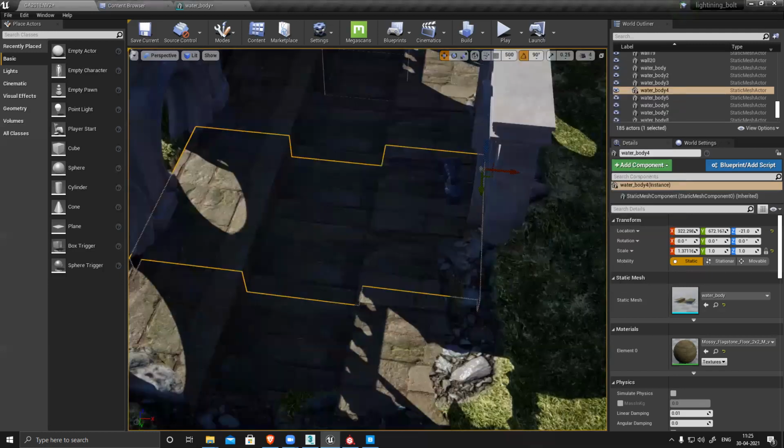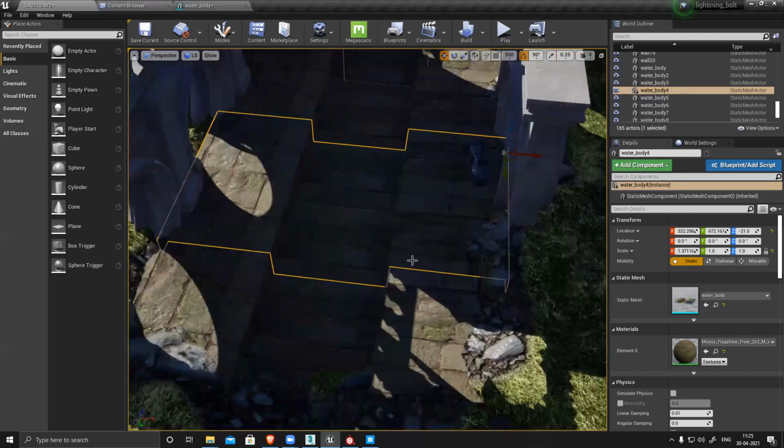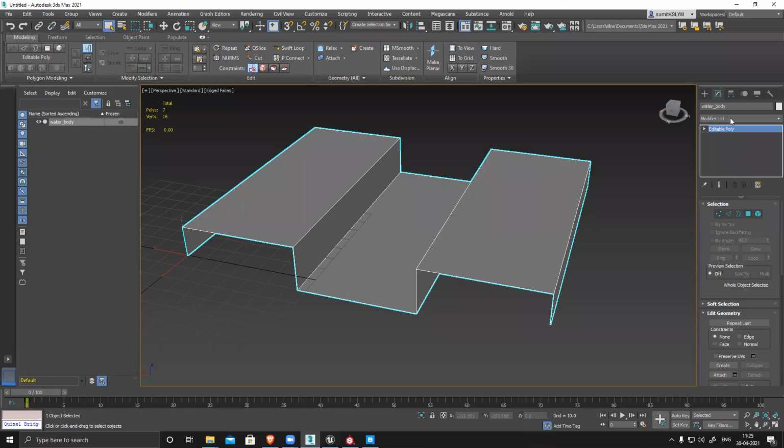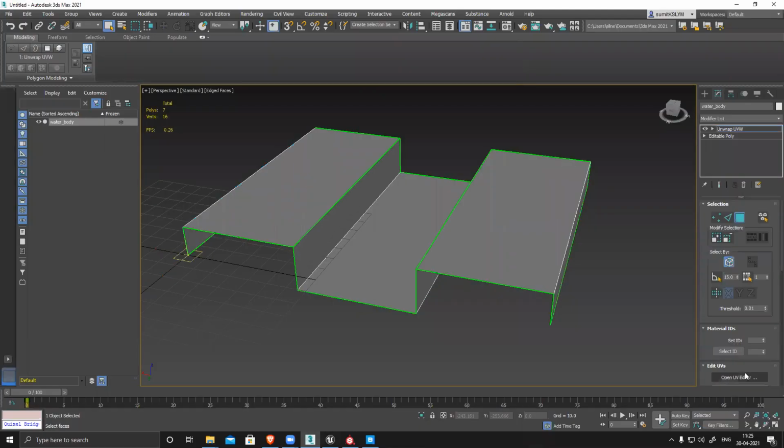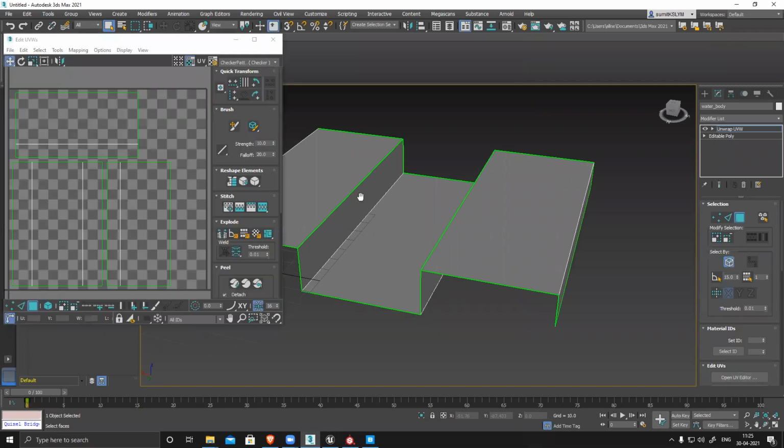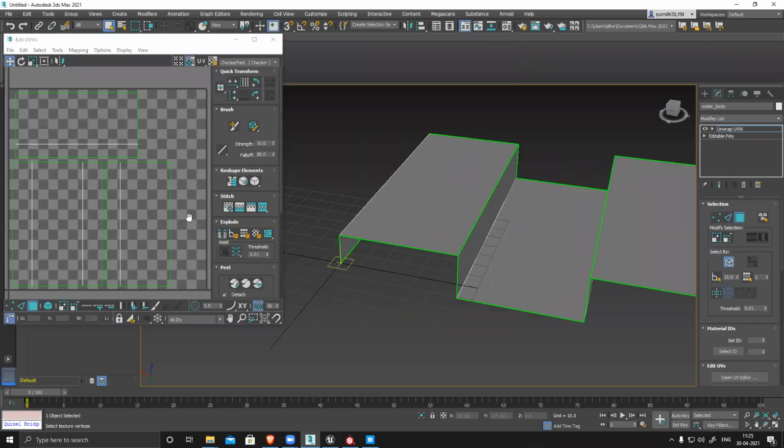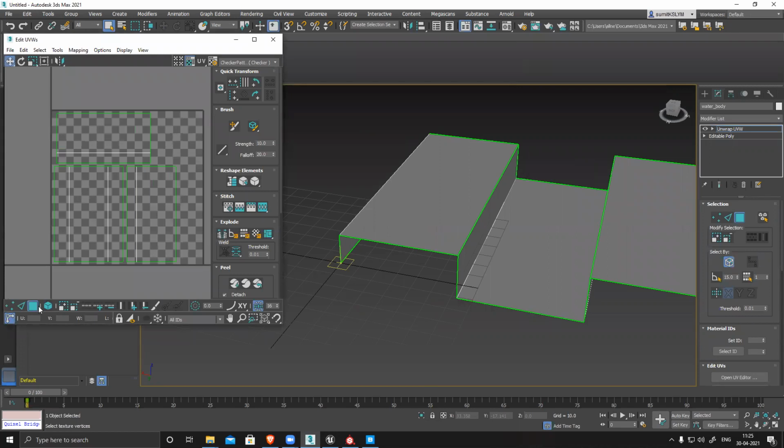But you can see this looks fine, this doesn't look fine. So I need to fix my UV. I have to fix my UV first. I'll go to this thing. And I have to check this part, this section is selected, rotate, place it here.